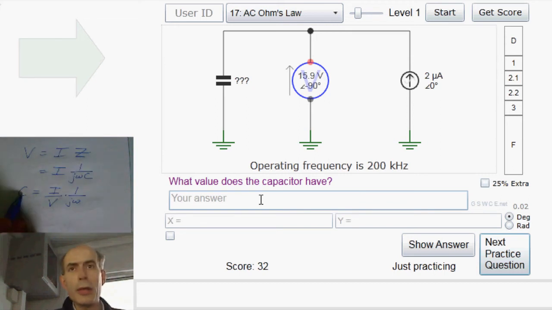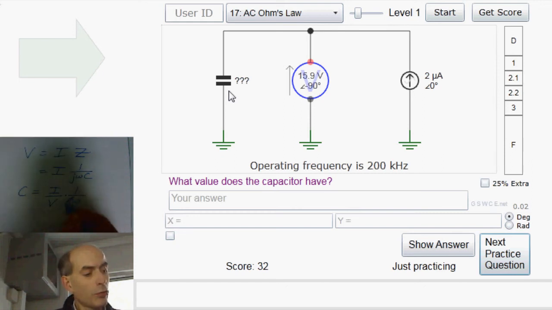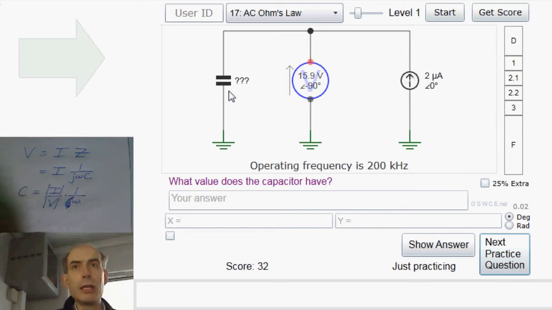We know that the capacitance is real. There's no such thing as an imaginary capacitor or a complex capacitor. It must have a capacitance which is absolutely real. So we don't really have to worry about the phase of this at all. We could just ignore the J, take the magnitude of I and the magnitude of V and sort it out